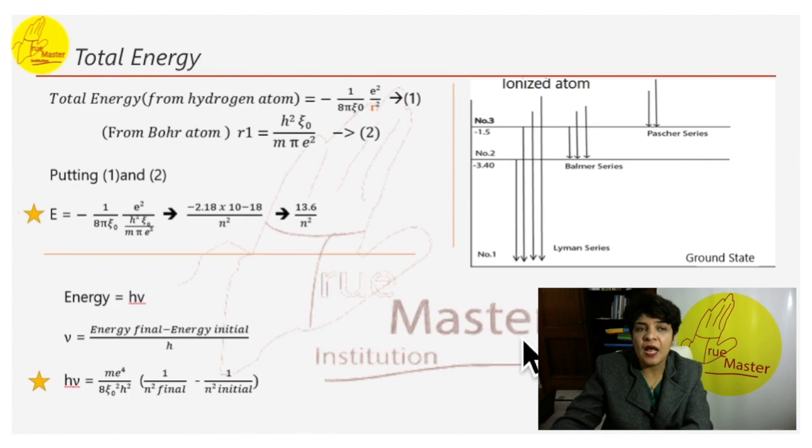When a hydrogen atom receives energy from outside by processes such as electron collision, the electron may make a transition to some higher energy level. So it can go to E2, E3, E4, which are called excited states. The excitation energy of an atom is defined as the energy required by its electron to jump from the ground state to any one of the excited states.